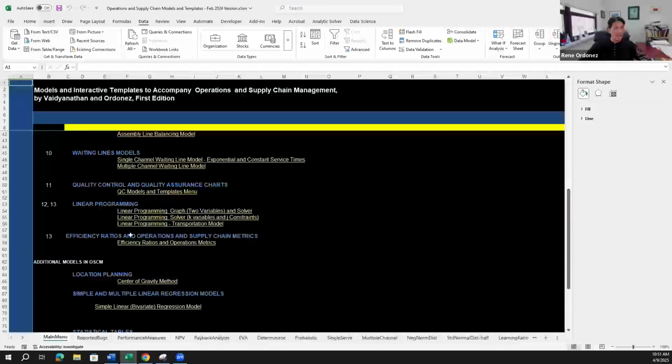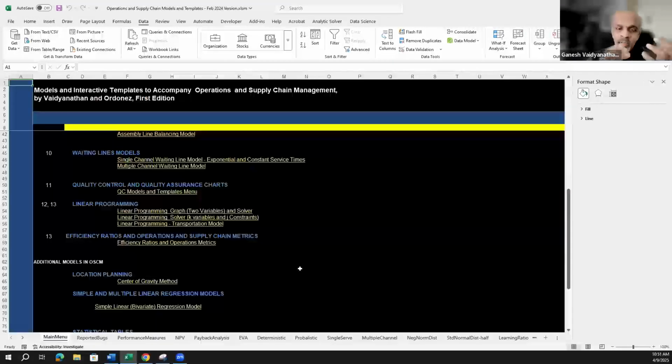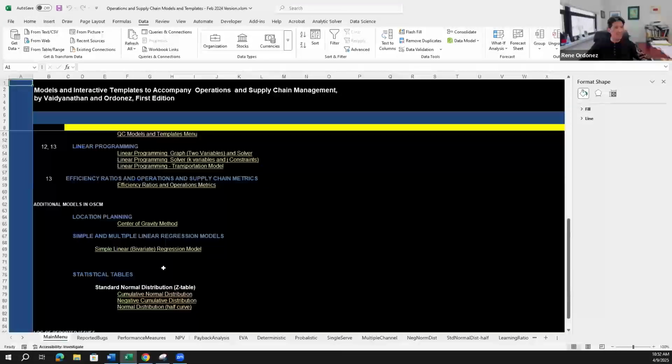We also have a model for more than two variables. This is an example of maybe a transportation problem that can be applied to our logistics and transportation. Correct. And we have these